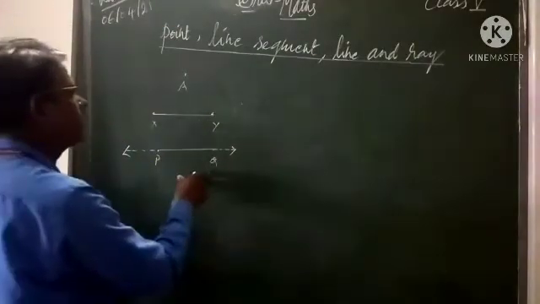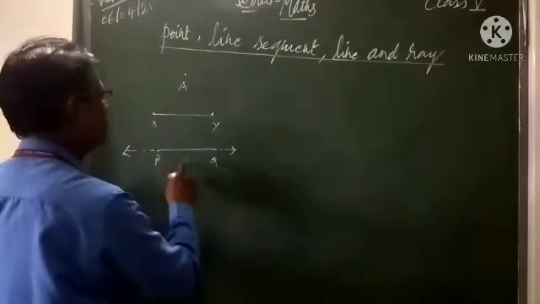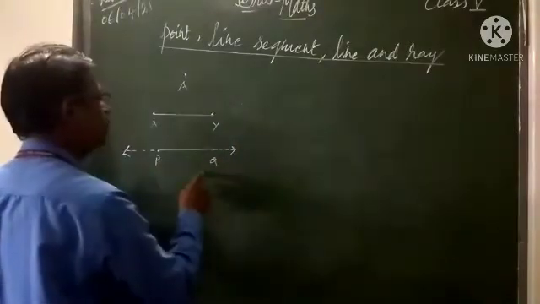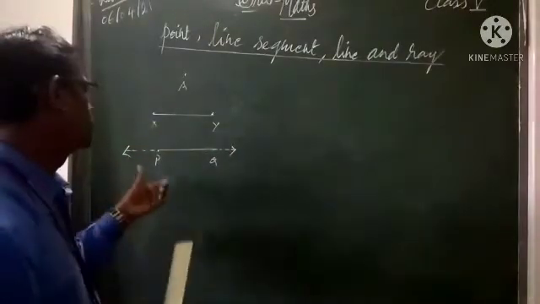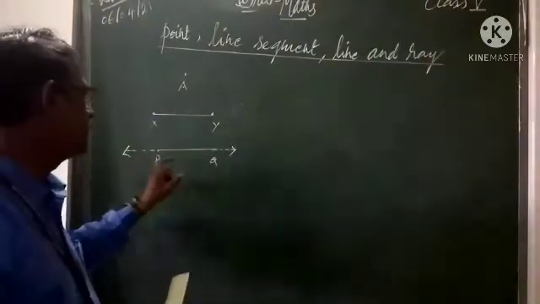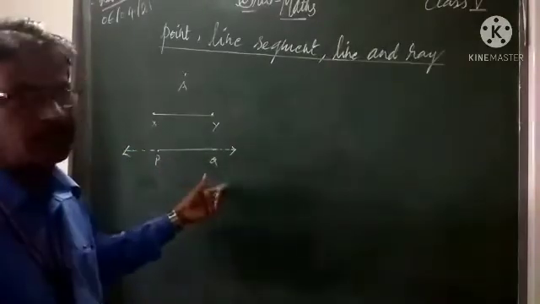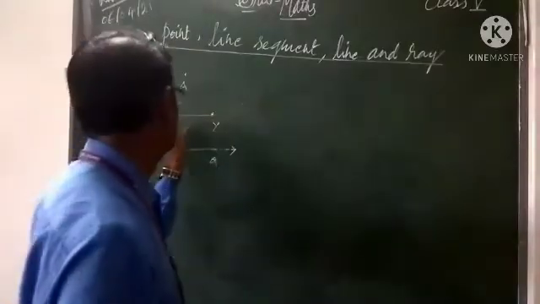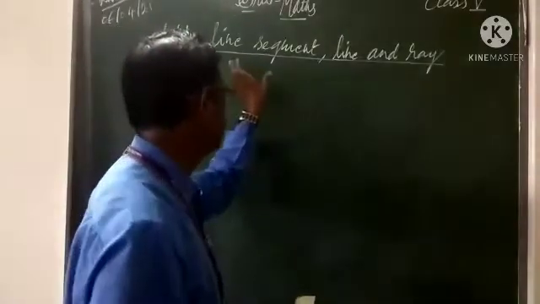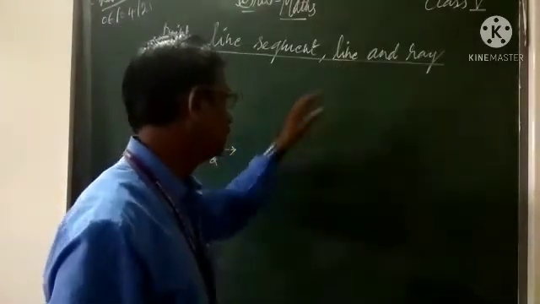So this is called what? This is now line segment PQ. This is called PQ line. PQ is called what? Line. Why line? Because on both sides an arrow is present. Both side arrows are important. If only one side has an arrow and the other side has no arrow, then we can't say that is a line. There is just one little thing you have to keep in mind. In a line segment there is no arrow, but in a line both sides have arrows.